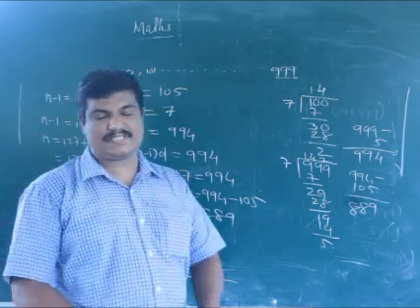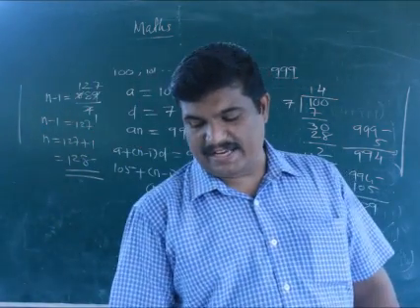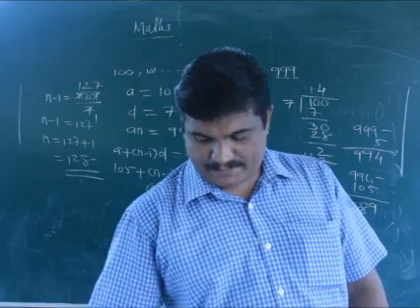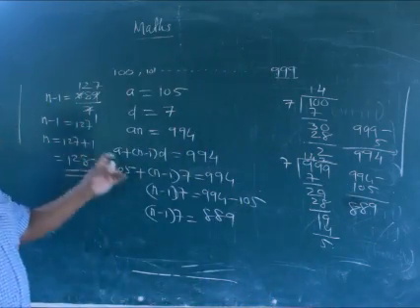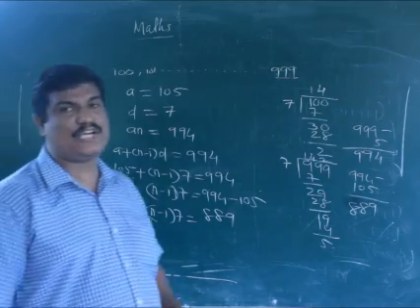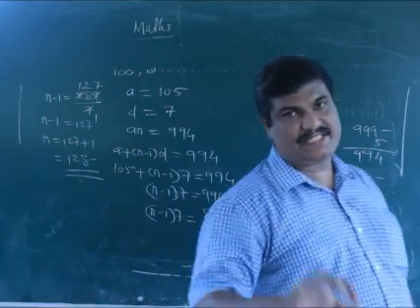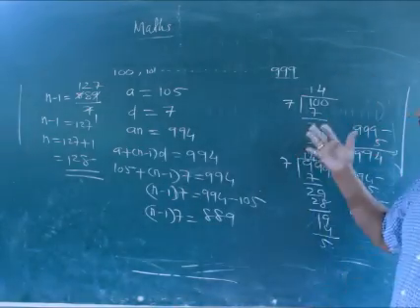So the number of terms. How many terms are there? Yes, here 128 terms. Clear? 128 3-digit numbers are there. The total number of 3-digit numbers divisible by 7 is equal to 128. All of you know? Any doubt?